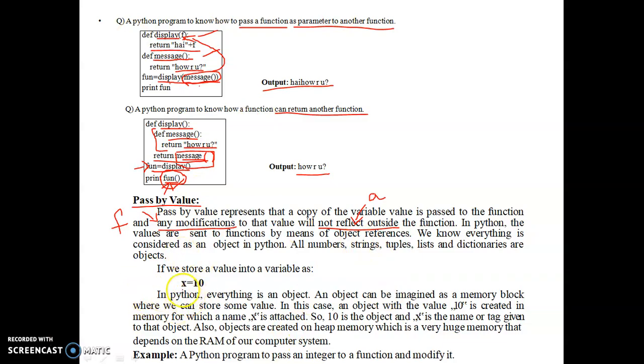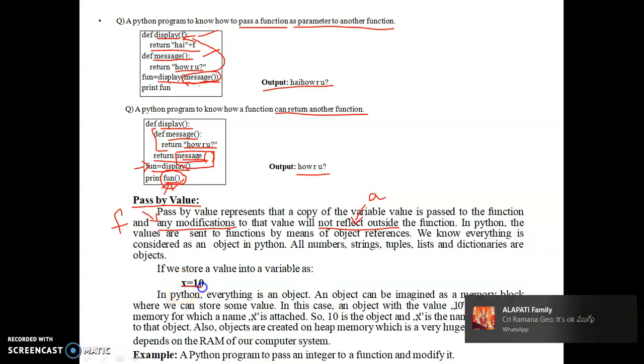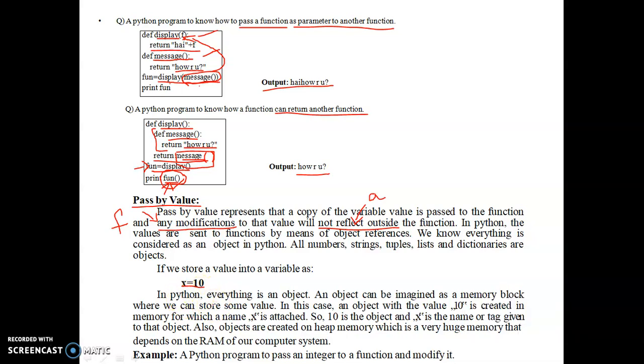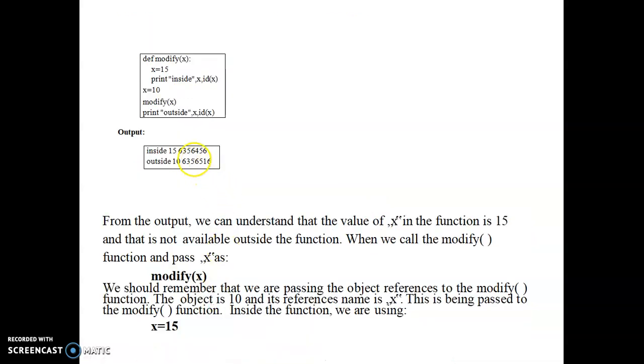Here also we are taking an example. Say outside the function we created a variable and assigned it the value 10. We will pass this to our function and see whether it can be changed or not. Here the function is modify of x. For x we are setting a value of 10, and here I again assign the value 15. That is, the value 10 is modified and 15 is assigned to the x variable.